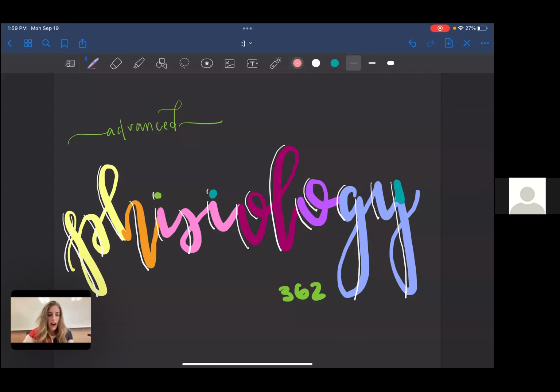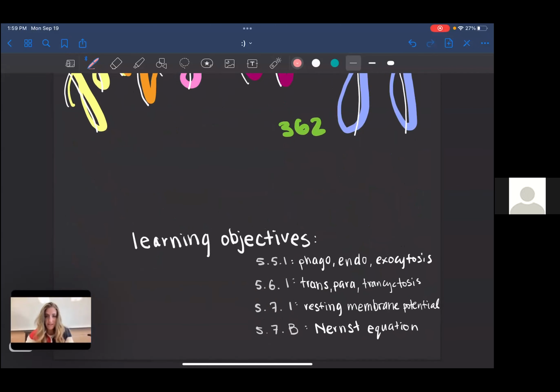Hello, everybody. I am Brooklyn Jones, and today we're going to present a couple learning objectives from Chapter 5. So I'll be talking about this first one,